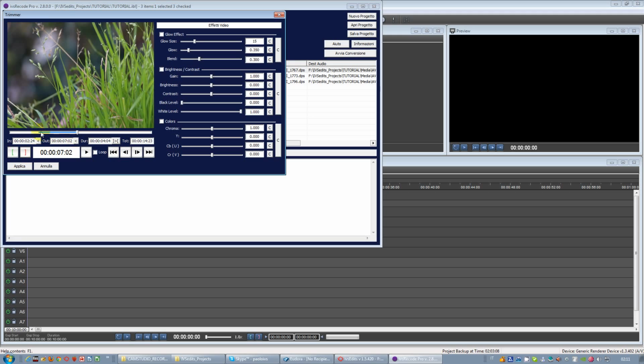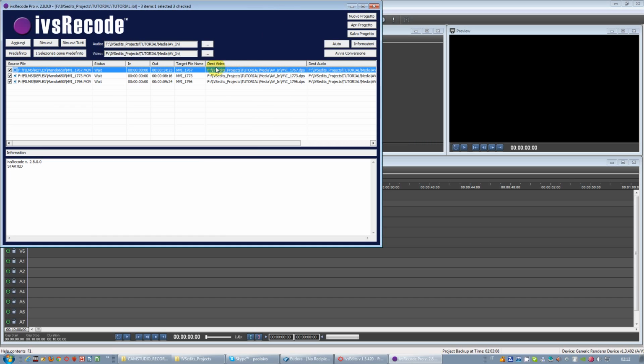specify the in and out points and convert just this range. In the trimmer, I can have a visual preview of what will be the effect I'm adding. Now I won't add any effects. When I'm ready, I can